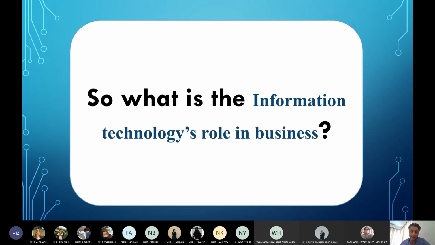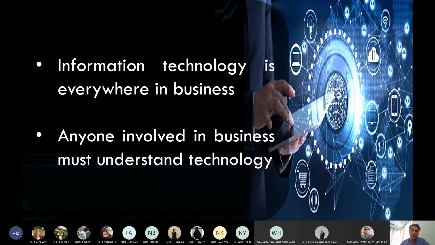We will discuss that in detail later on when we discuss the accounting cycles or the business cycles related to the revenue or related to the expense. So what is the information technology's role in business? The main role of information technology is